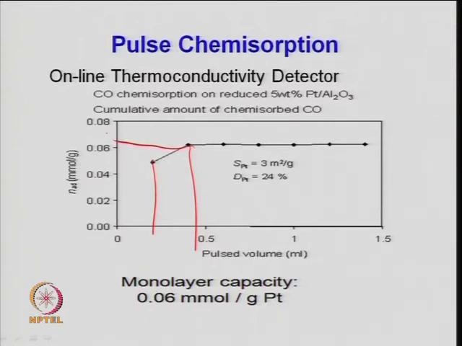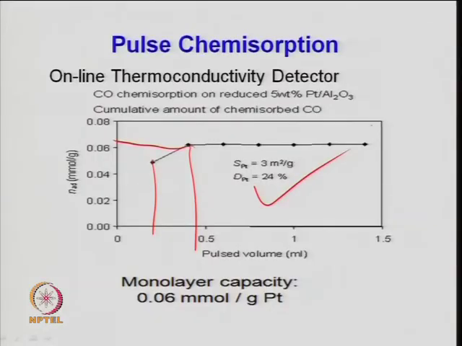So, you can find out what I said here. Roughly 3 meter square per gram. The surface area of the support is 200 meter square per gram, but the metal surface area will be low. So, that is why they are always in the disperse phase most of the time, but if you have very high loading, something like 60 or 70%, then there may be a question whether the metal is dispersed or not. Dispersion here is roughly 24%. So, this is just a typical result.